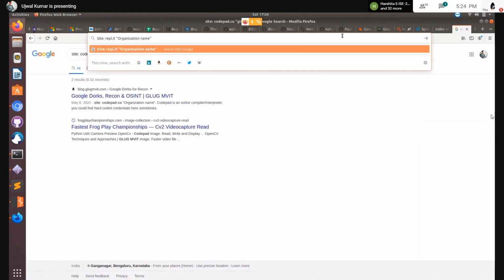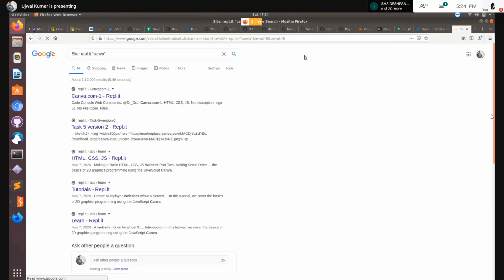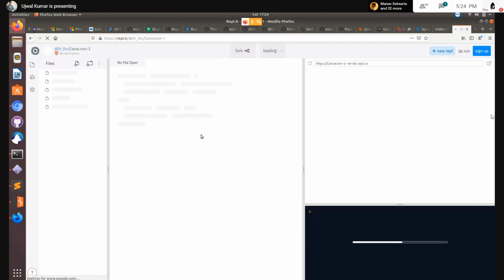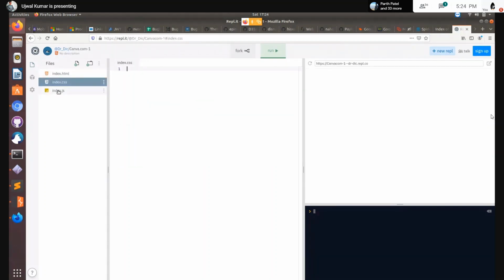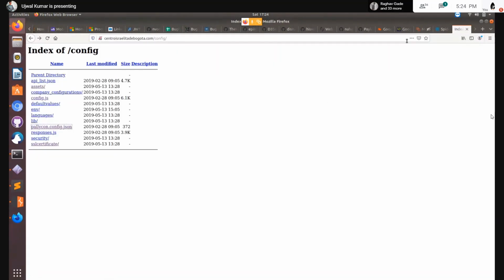put information. So I'd put the organization name. It's a private platform, so I can't put the name. So let's just put a random photo editing platform's name. So you can see REPL has a lot of that particular platform's setup. So this has a lot of code and stuff. So sometimes important juicy information gets exposed, and that could be of great use. So this is just finding it and checking it, a lot of JS information. So it takes time, but yeah, you can always get through it.